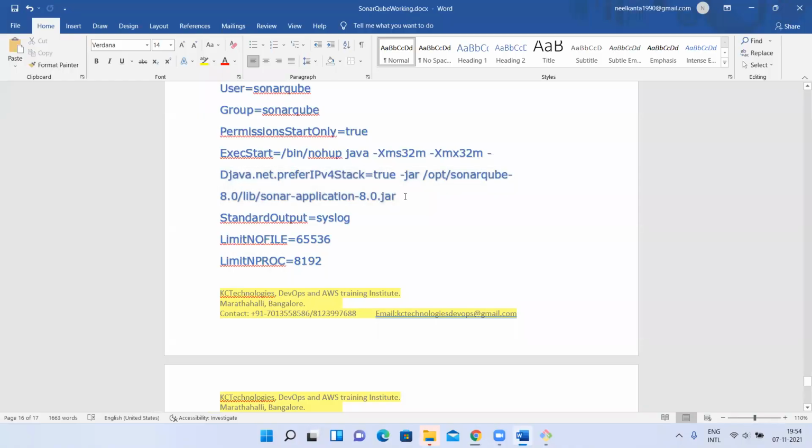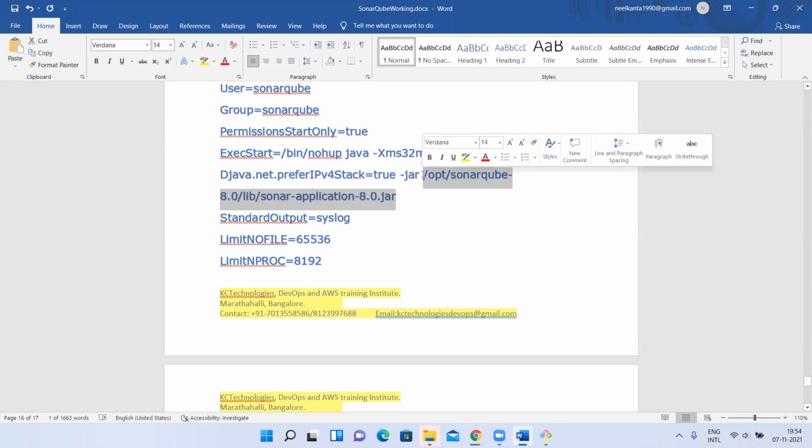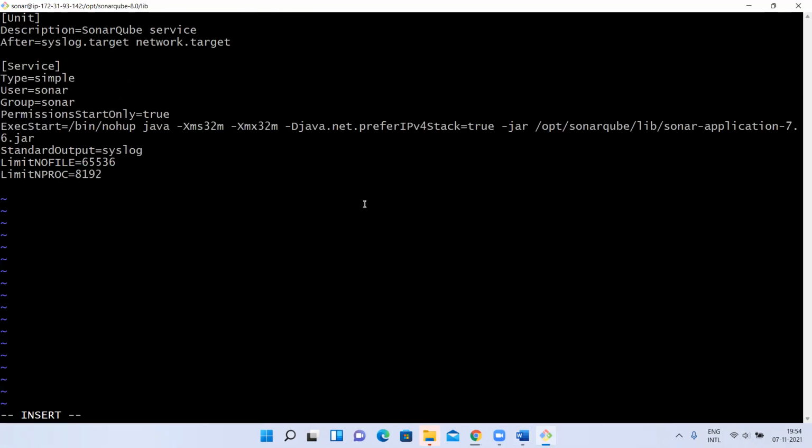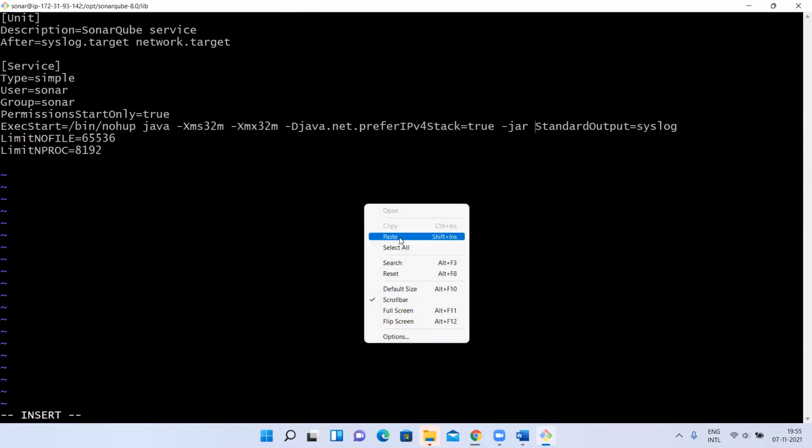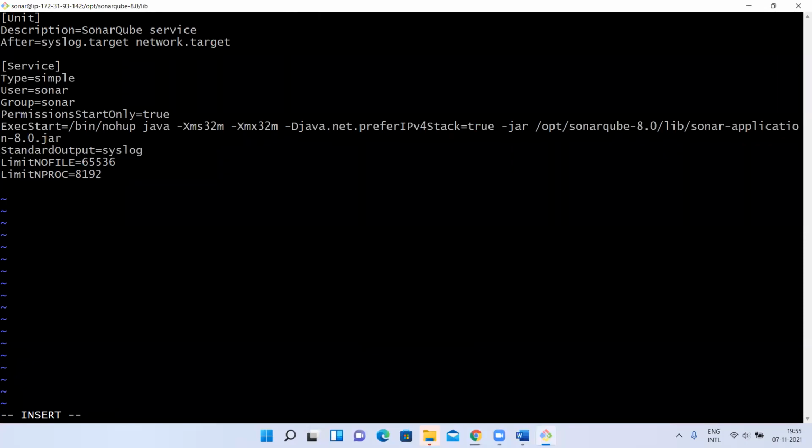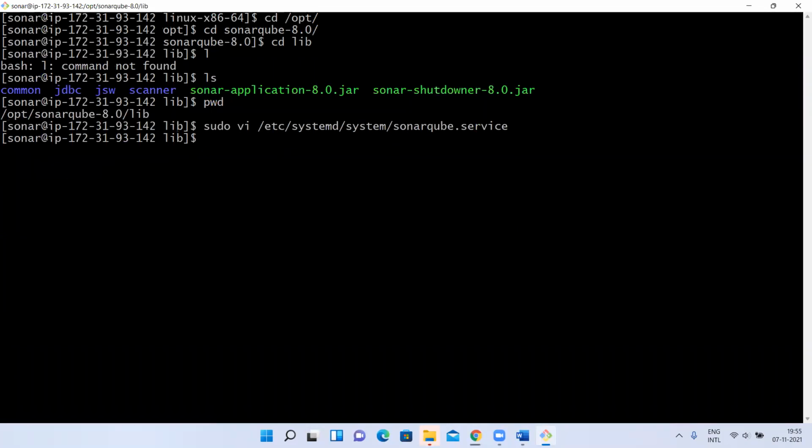I don't want to change everything, just the path, including the version of the new jar file. Let me quickly change it. Paste it here, Enter. Save it: Escape, :wq. Saved.